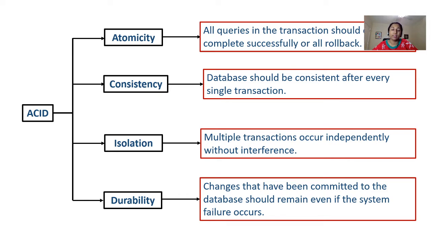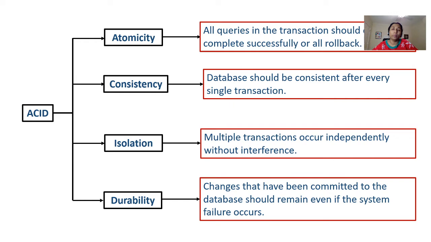C stands for consistency. The data inside the database should always be consistent before starting the transaction and after completing the transaction. For example, I wanted to do an update onto a table, and while I am doing that update, if something happens suddenly in between, like if there was a power outage and we had to restart the SQL Server, once we restart the SQL Server, the uncommitted transaction should be completely rolled back, making the data be in a consistent state. That's consistency.